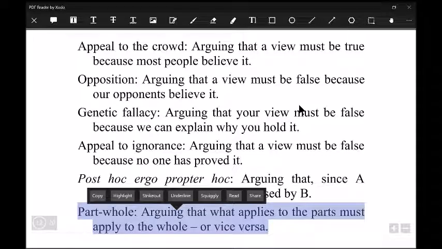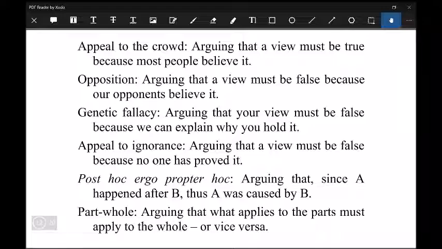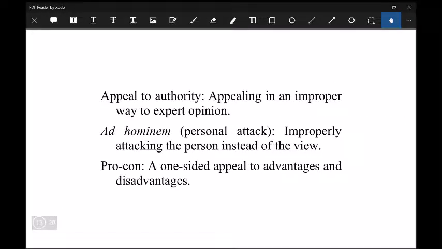Or maybe you're an expert at making cookies. You make delicious, wonderful cookies. Therefore, the ingredients are excellent. Well, maybe not. Maybe you do great things with rather mediocre ingredients. Okay. The next group here